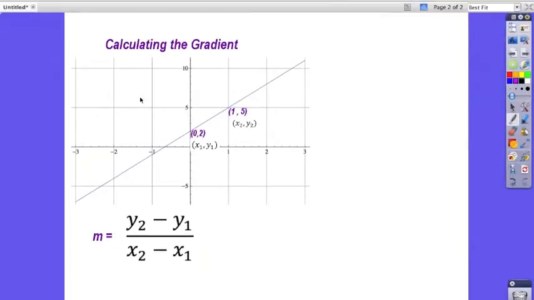So to equate the gradient, we'll just put our equal sign in, draw in our fraction line, and our y2 value you can see from our graph is 5, and then we're going to subtract our y1 value, which is 2, and then we're going to do x2, which is 1 from our graph, minus our x1 value, which is